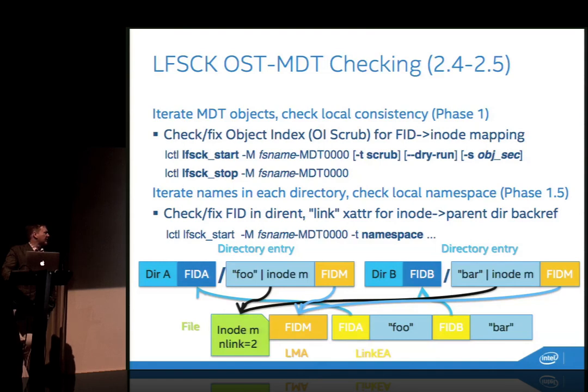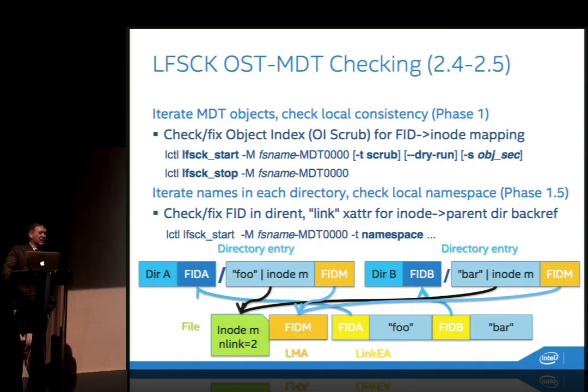what's been added is this lctl lfsck_start and lfsck_stop. And in the 2.4 time frame and 2.5, what this allows you to do is check the local on-disk consistency of the MDT. And if you've done a backup restore, like a file level backup restore, which didn't work in the Lustre 2.1 through 2.3 time frame,